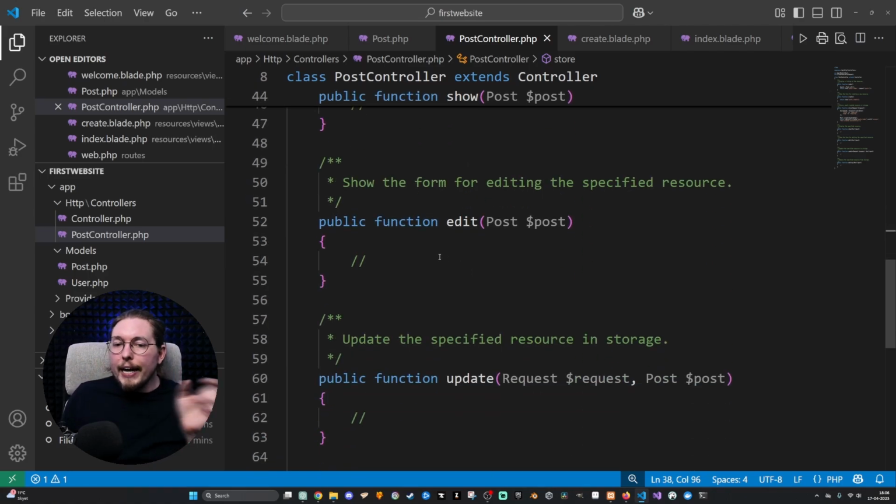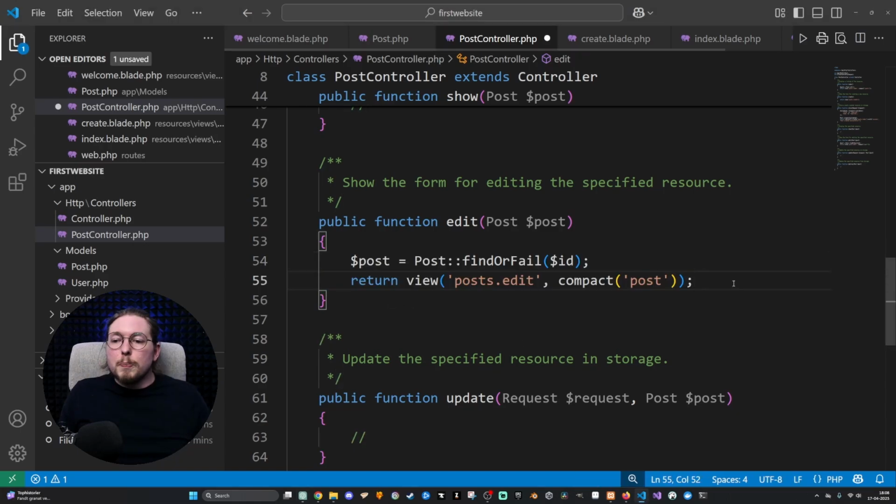But when it comes to the edit, I would actually love for us to be able to edit our posts once we have already created them inside our database, because that's something we can do on Facebook. If you write a message on Facebook and then, oh okay, you made a typo, you might want to change it, right? So what I'm going to do inside our edit here is I'm going to pass in 2 lines